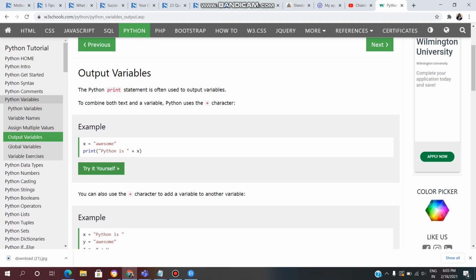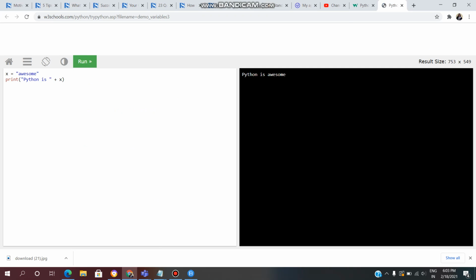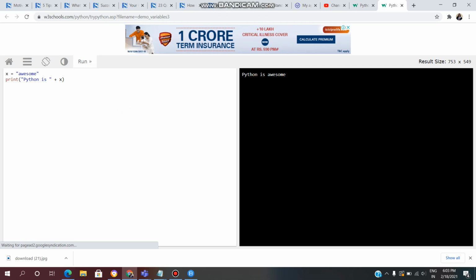Now first we will see this example. In this example, what we are seeing is we can add a variable and a text. So click on try it yourself. Now click on run. What we are doing is x is a variable and it contains string data type.